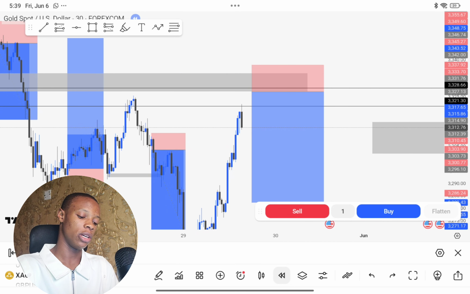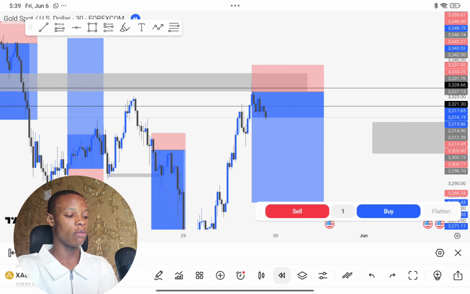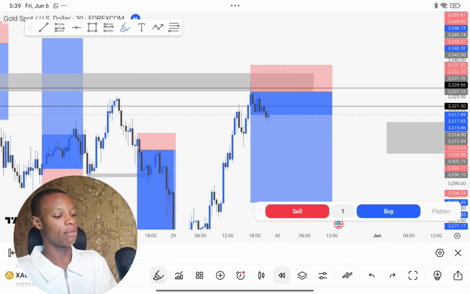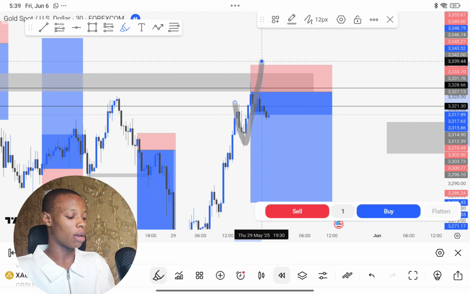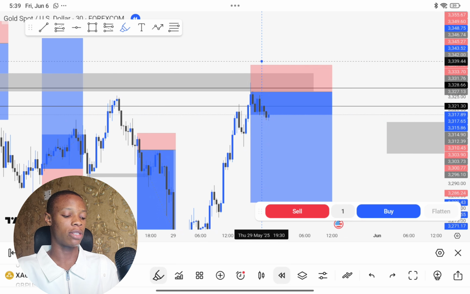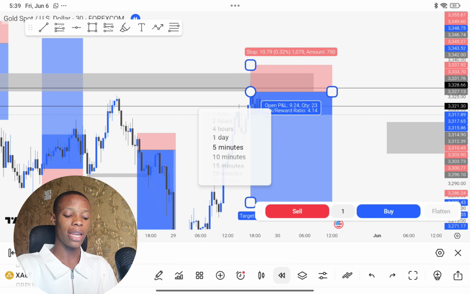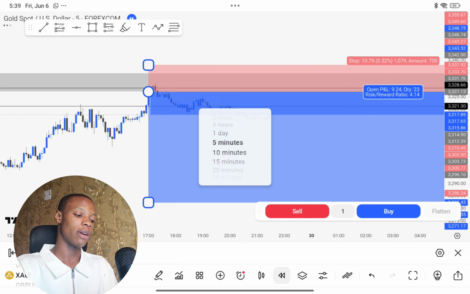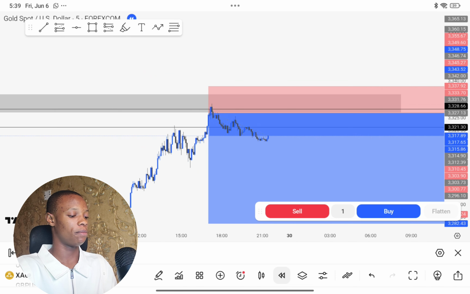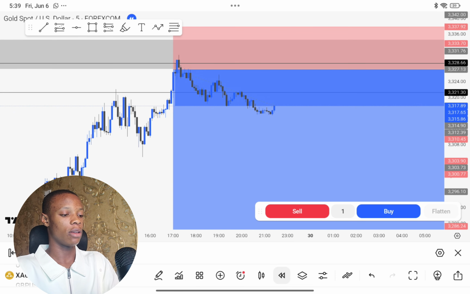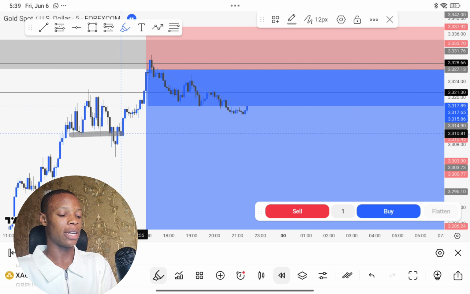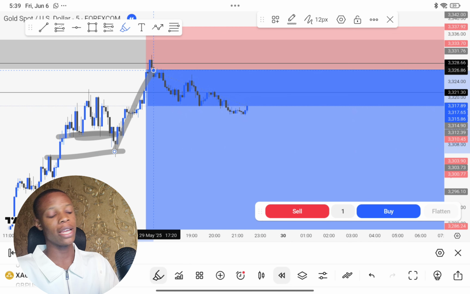And I'm going to show you. Take a look at what happened. You can see what happened. It immediately sold off, got to an order block and kept on buying. So there's a chance that sellers were not stepping into the market. And there was no clear change of character. Let me show you on a lower time frame. Can you see that? There was no clear change of character right here. The price just took out all the liquidity resting below this low, tapped on this other block and continued buying